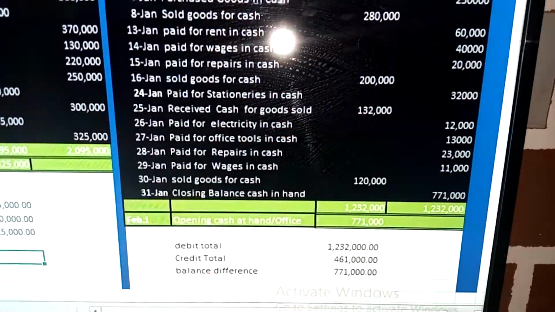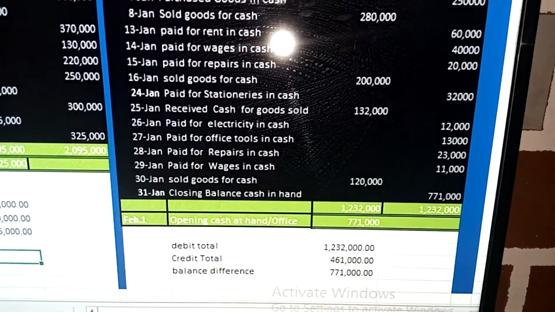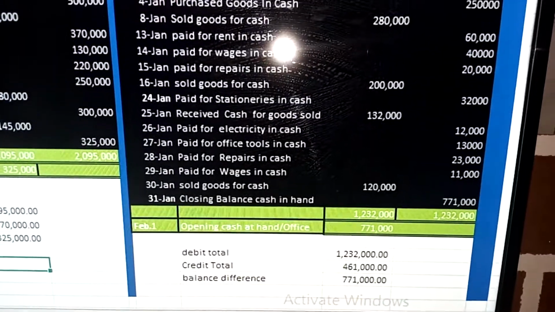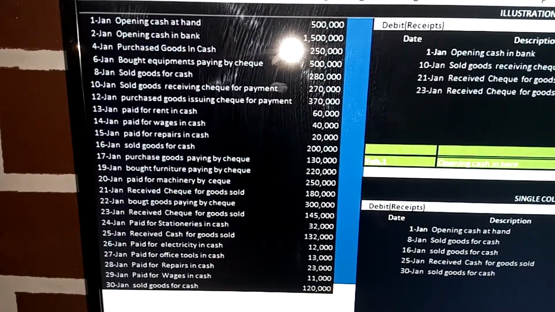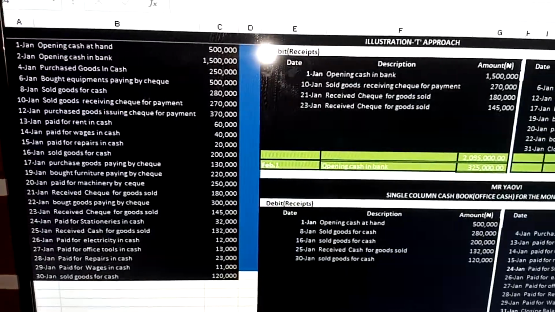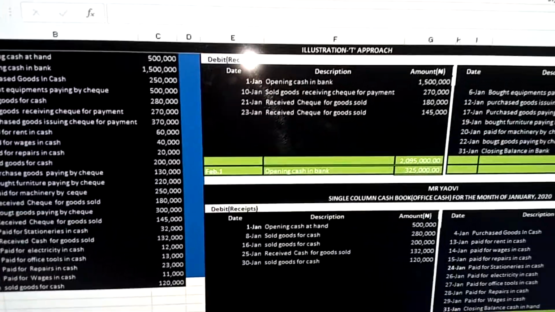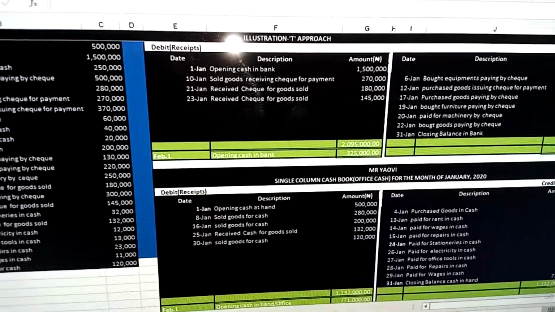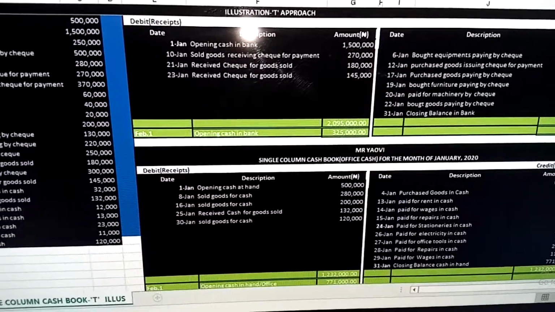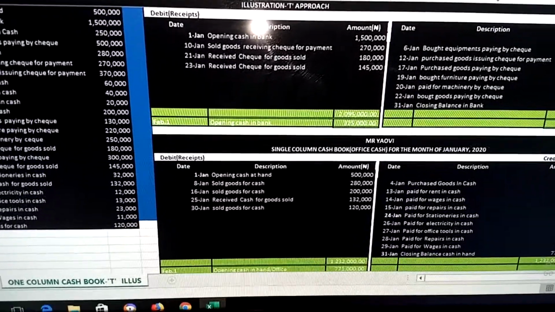And that means by the following month, we'll be opening the business with 771,000 as the opening balance. All right, now the same question that we use in preparing the single column cash book for bank and the single column cash book for cash. We use the vertical format, but now we are using the